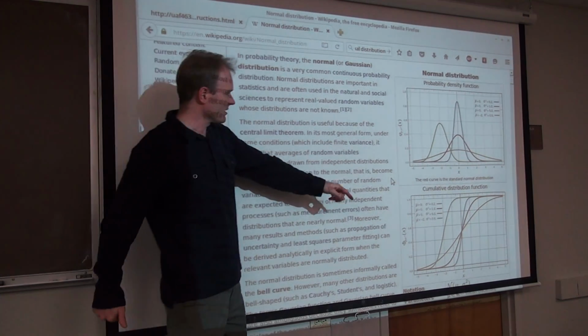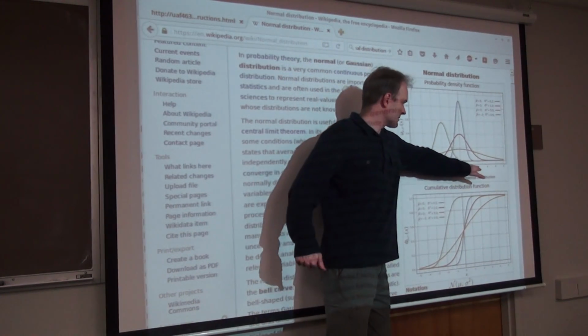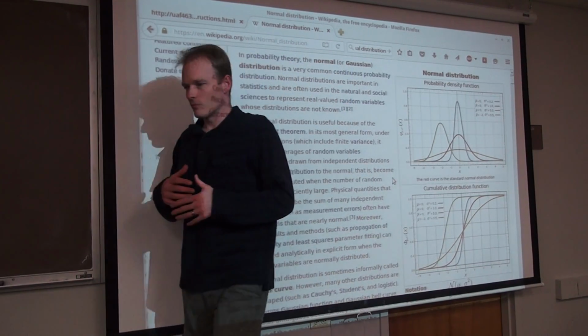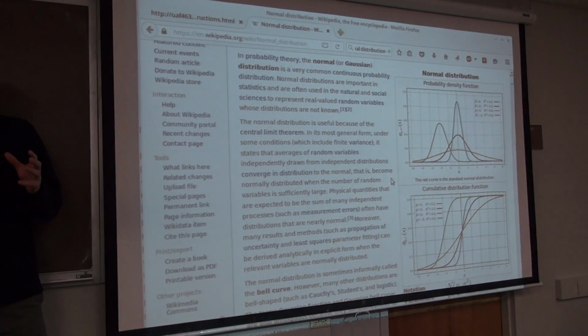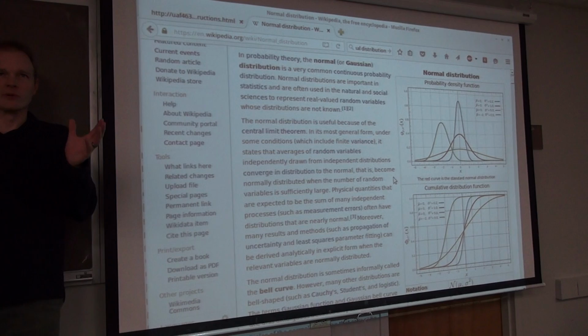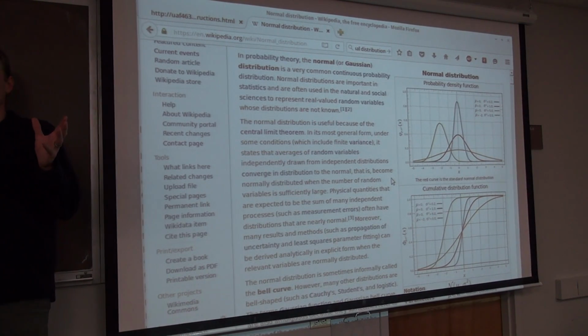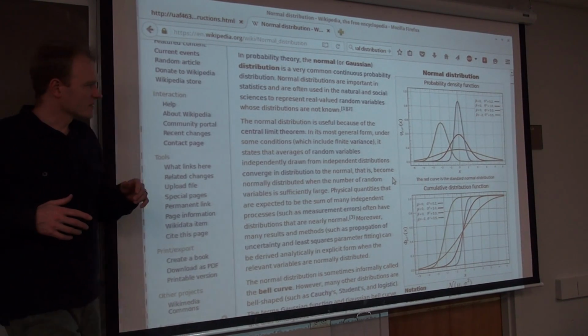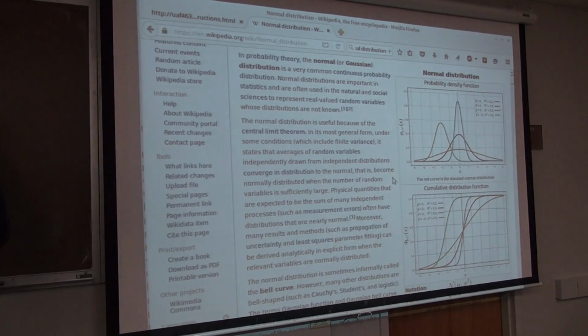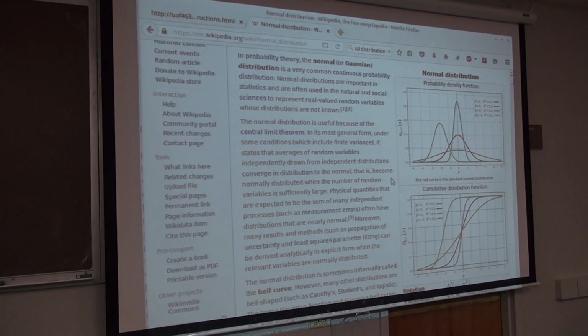Nice thing about the Gaussian is it's just as likely to be positive as it is negative. So if you add a random Gaussian value to your number, it's not clear which way you're perturbing it. You might be perturbing it up, you might be perturbing it down. Okay? Some other interesting things about the Gaussian distribution. One of them is,